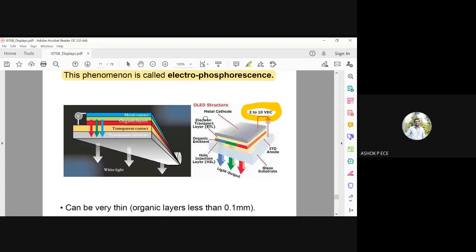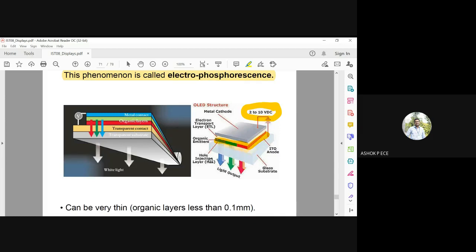And you have two layers, electron transport layer and hole injection layer. You know, when the electrons and holes recombine, you get light, right? So for them to recombine, you have an organic layer where the recombination takes place. And this organic emitter layer is going to emit light. So electrons from ETL will come to the organic emitter. Holes from HIL will come to this layer upon applying the voltage, and they will recombine in the organic layer